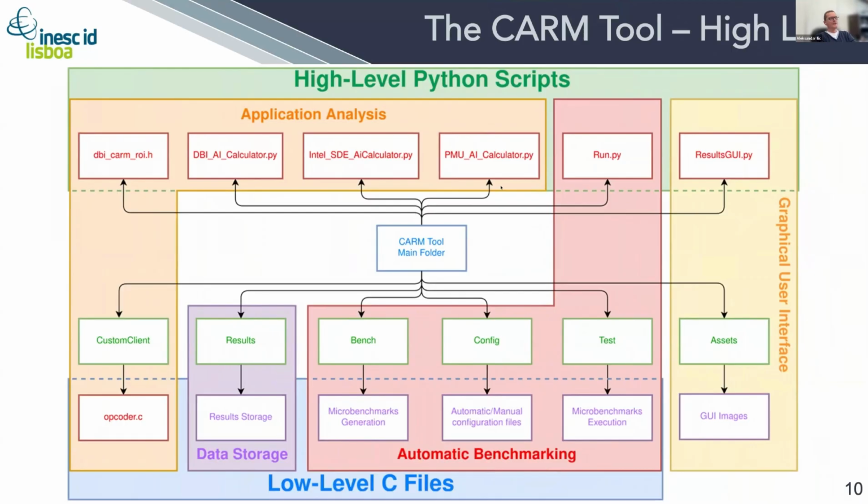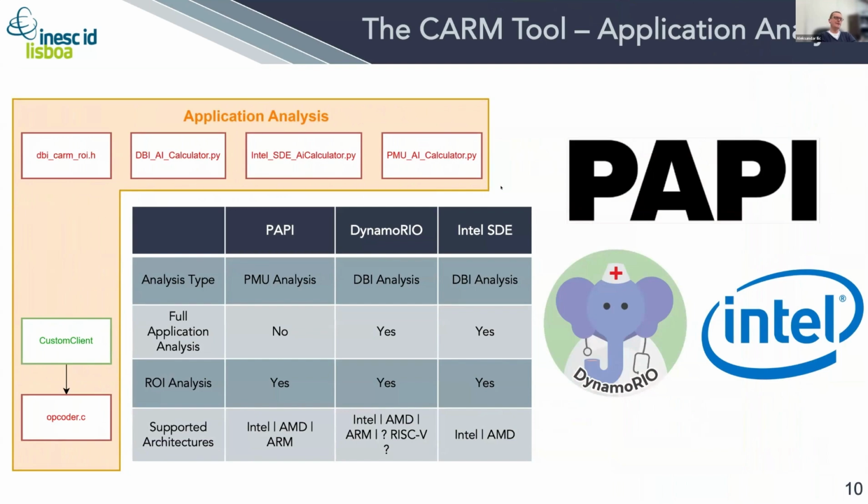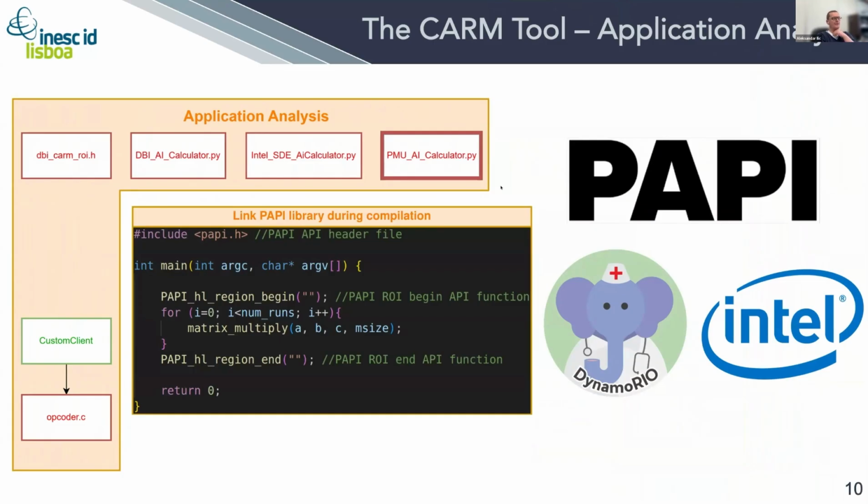Then, according to that, we move to the last major part, which is application analysis. For application analysis, we support PMU analysis through the PAPI high-level interface. And for that part, it obviously allows you to specify the region of interest for Intel, AMD, and ARM processors, for which you need to include your PAPI API header file, and then you have to have the region of interest with the begin and end between the for loops or whatever is the part of the code that you would like to benchmark. After that, it will automatically collect for you the required counters and allow you to plot them in the graphical